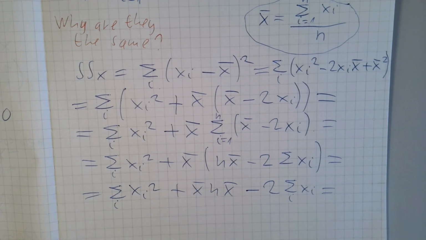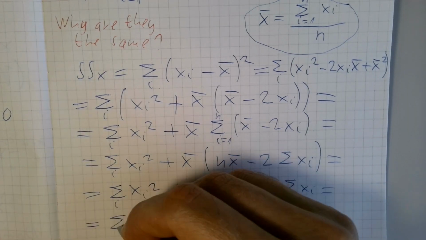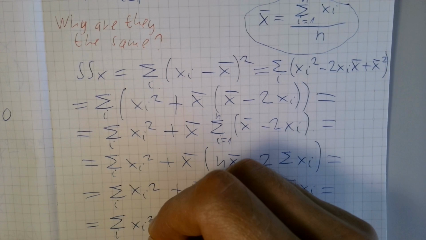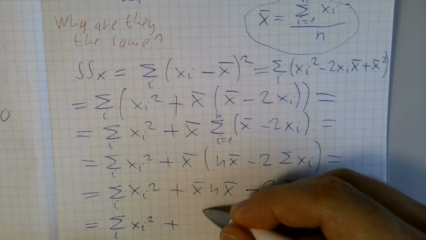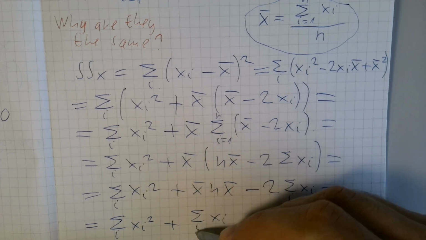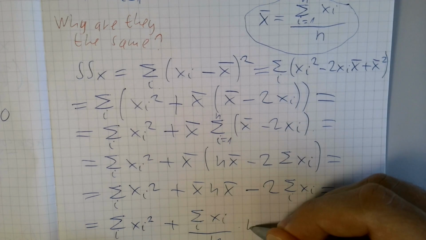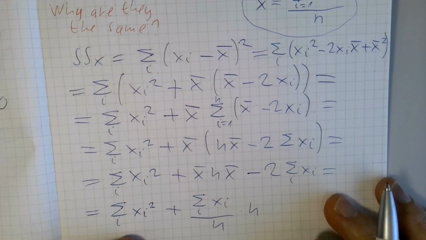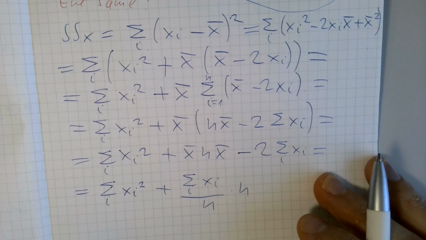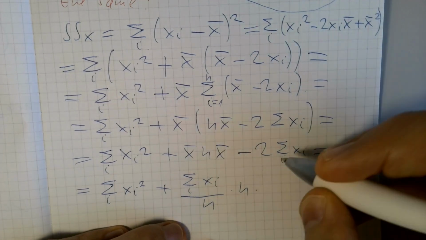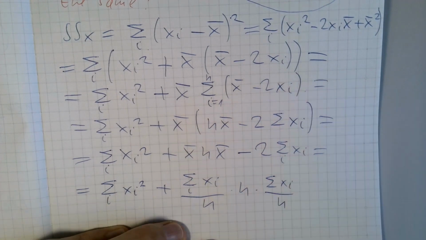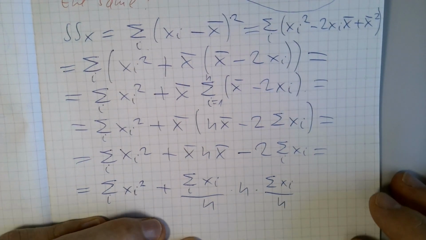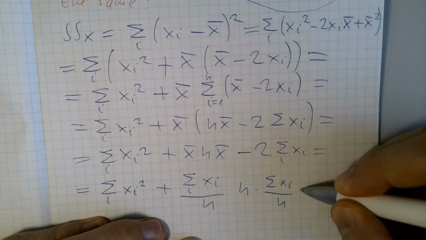That's just a number. But now I'm going to use the definition of that. So this will be the sum of the xi's divided by n times n. I'm doing this. Times the sum of xi divided by n. Minus